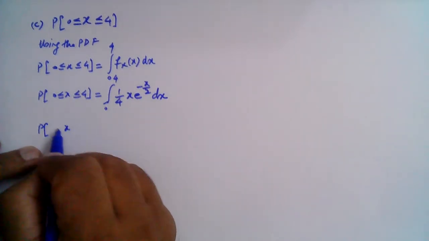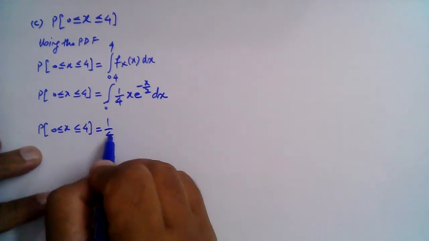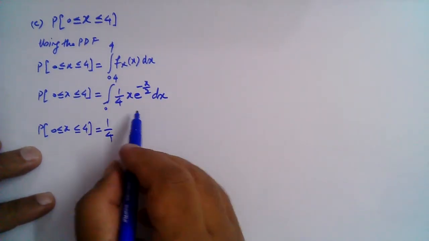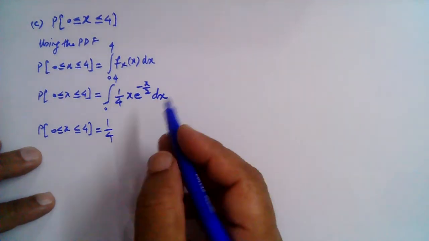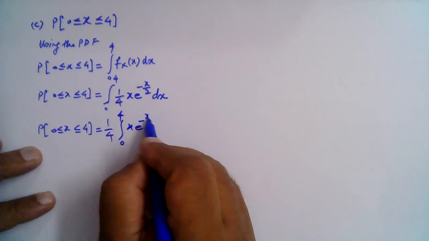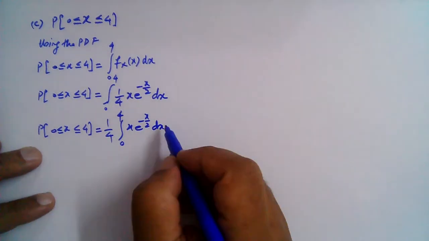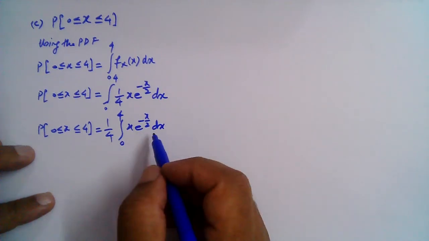So the probability that x is greater than or equal to 0 and less than or equal to 4 is given by 1 over 4, and then we need to proceed by parts, integrating 0 to 4 of x e raised to the power minus x over 2 dx. To evaluate this integral will again lead to a lengthy computation. So instead